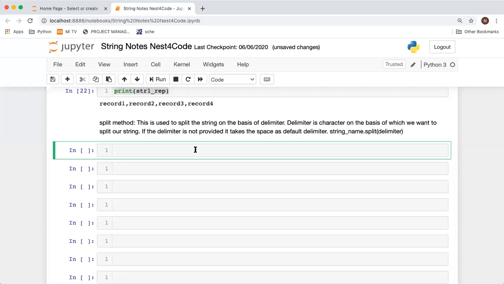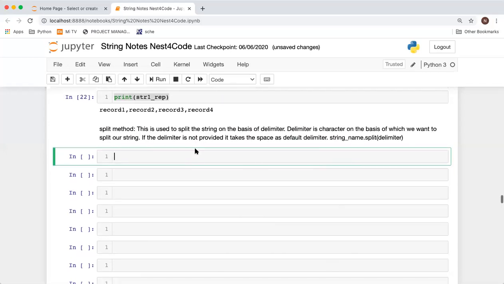Let's see how the split method works. First I will explain how it works. Take the example of our existing string. Let us suppose we are reading data from some delimited file, and this is our data which consists of multiple records.